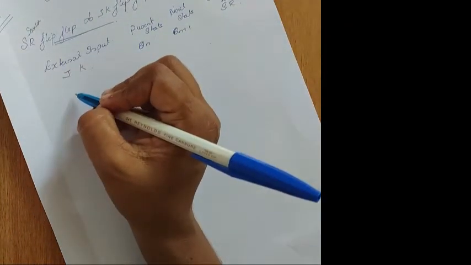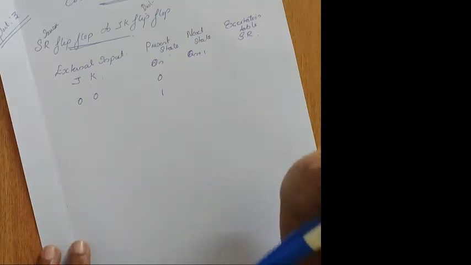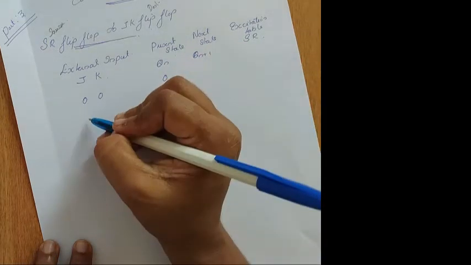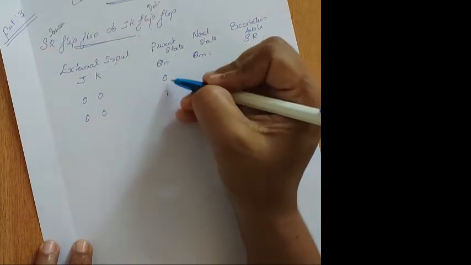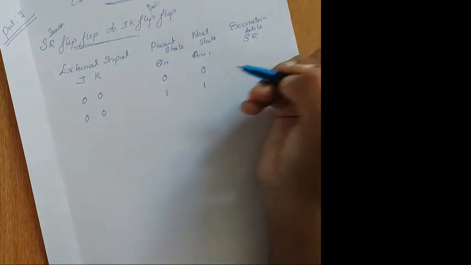For the present input, we know the different conditions. The 0, 0 statement is there, and your state can vary from 0 to 1. What we have studied till now is the same thing we are using here; only the inputs and outputs are changed. For the 0, 0 statement, whatever the present state is, your next state will be the same.